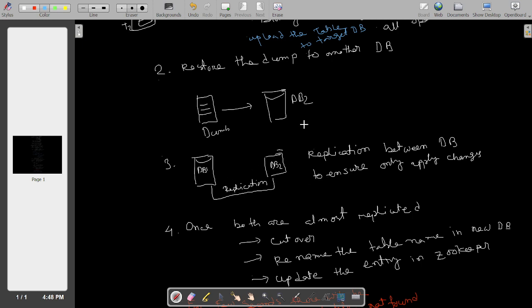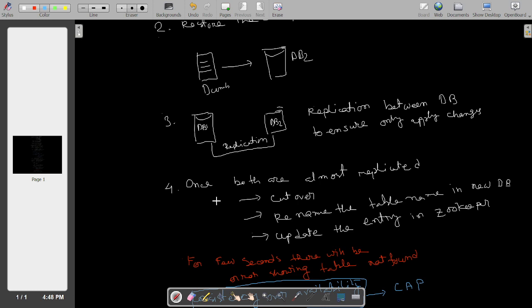Now, replication can happen with any of the database native tools, or you may look at some other tools also. So, with the help of the tools, you have that replication. DB1 tries to capture the changes from the DB1 perspective, so all of it is applied to your DB2. Once both are almost replicated, I will not say 100%, it's not feasible. Suppose there is a slight difference, then there are certain things you have to do. I don't know what the exact language is, but I would say it's a cutover from DB1 to DB2.